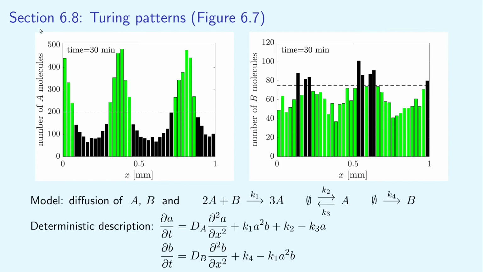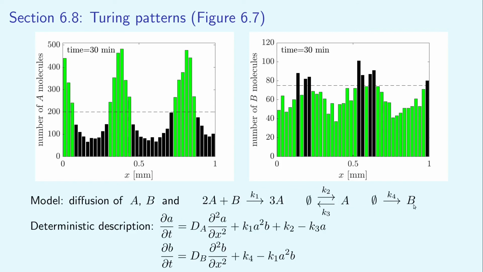The second patterning model is included for those who have previously taken a course on deterministic modeling of biological systems. It is the stochastic version of Turing patterns. Our illustrative model is written in terms of two chemical species, A and B, which are subject to four chemical